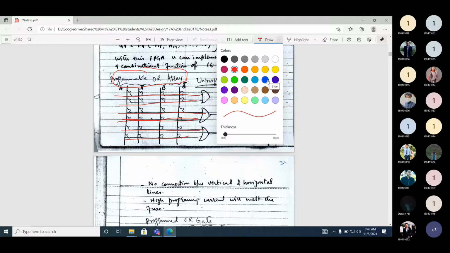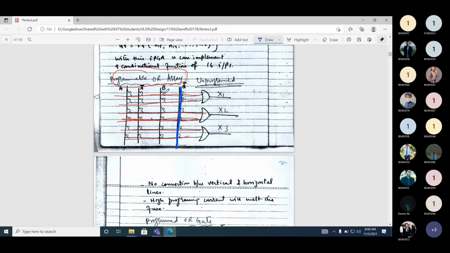This vertical connection is in blue. And actually there is no connection between the horizontal lines and the vertical lines. They are not connected with each other. Okay, so there is a switch between the horizontal line and the vertical line.